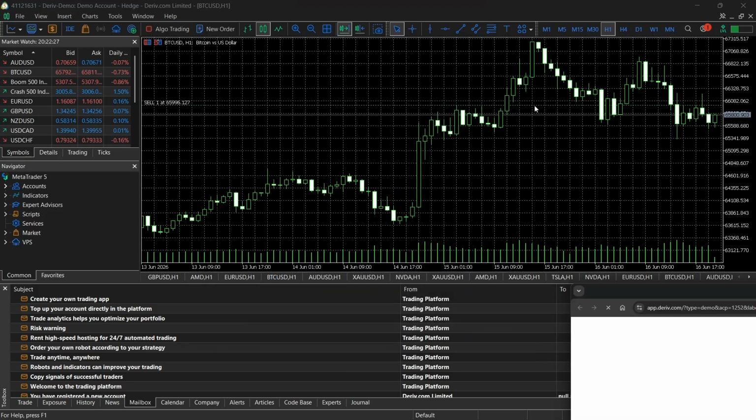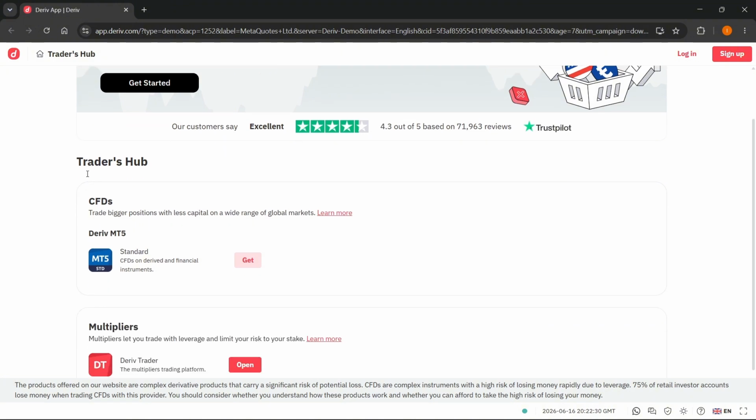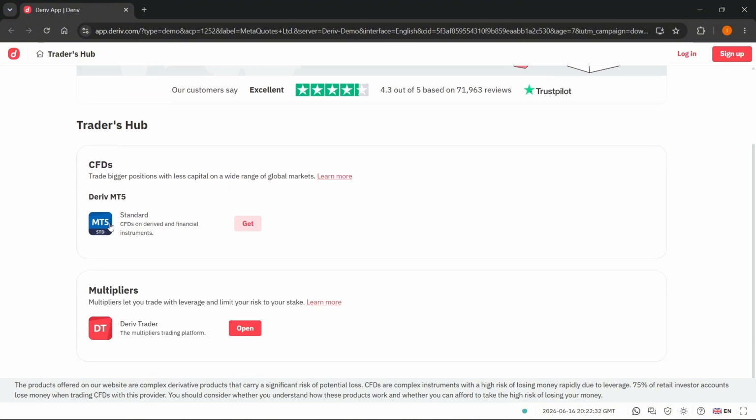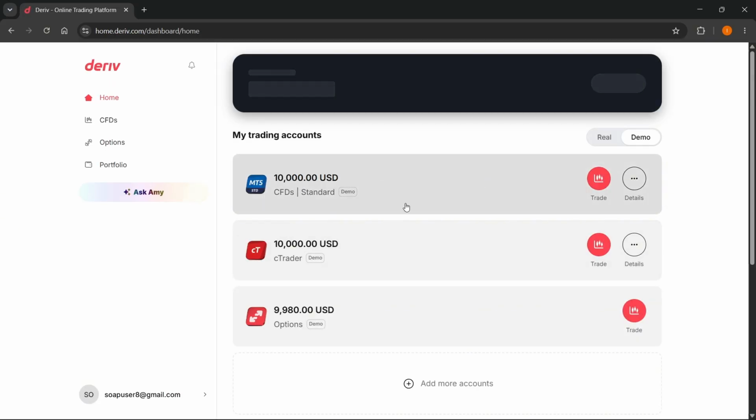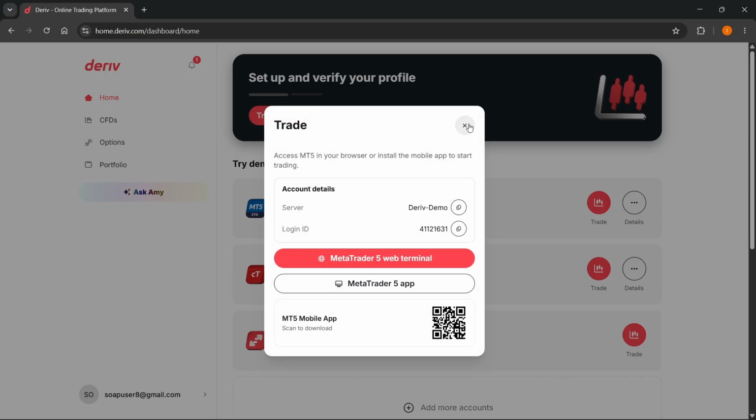What's going to happen is it's going to open up the website from Deriv, and here you can see you have a Traders Hub, and you can see Deriv MT5 Standard. You can simply click on the Get button, and it's going to take you to a page where you basically have to sign into your account, and whenever you do this, you'll be given your account over here, okay? Then hit this Trade button, and you'll be able to set the password,